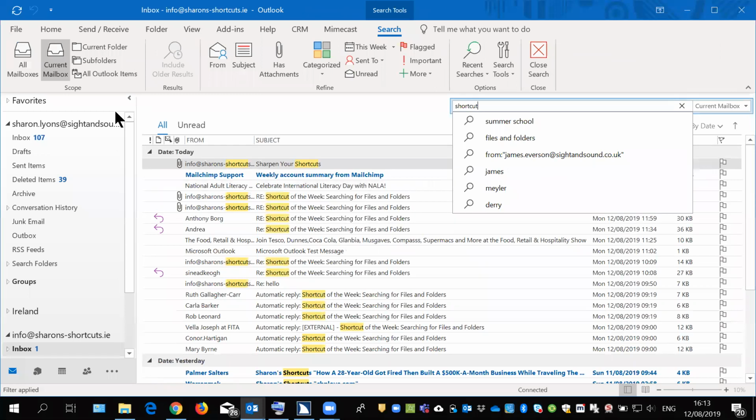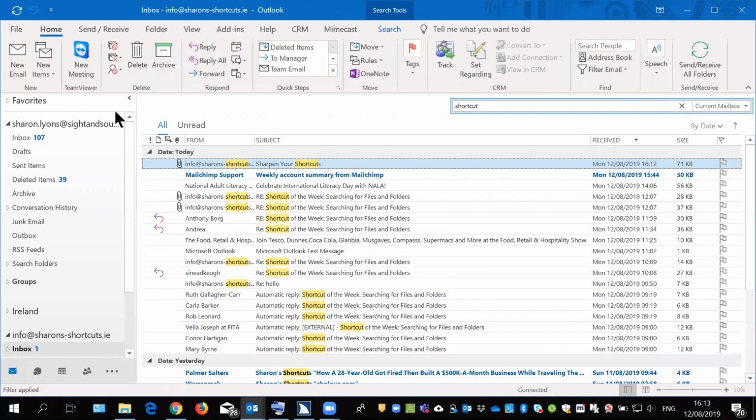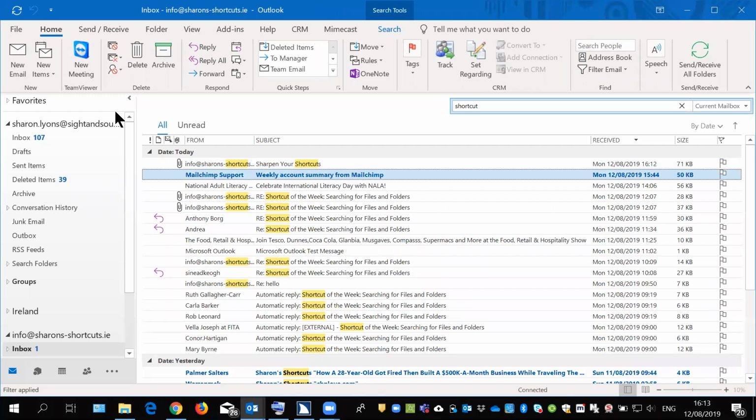And it automatically starts doing the search in the background, and then I Shift Tab. Sharpen Your Shortcuts, Monday 12, is the email I just sent. Anthony Borg, shortcut of the week. Searching. Who's a big shortcut fan. And yeah, so I can get all my emails that have the word shortcut in them. But talking to someone the other day, using this search,